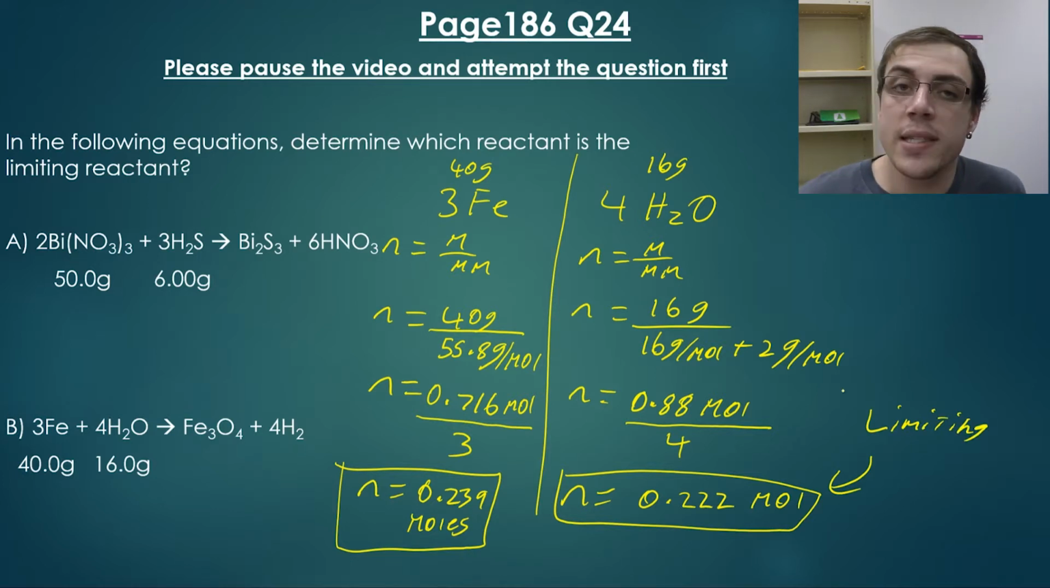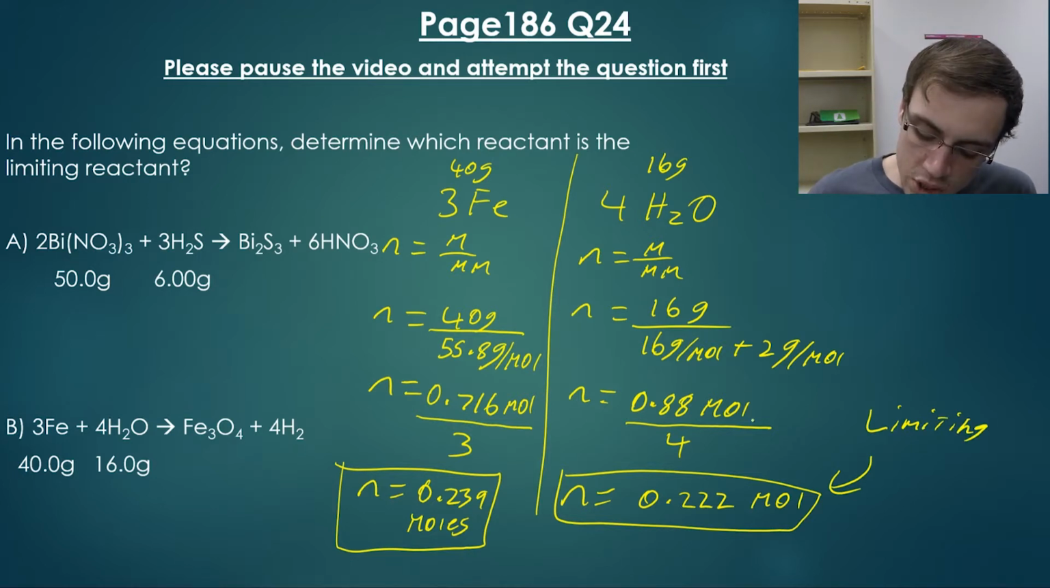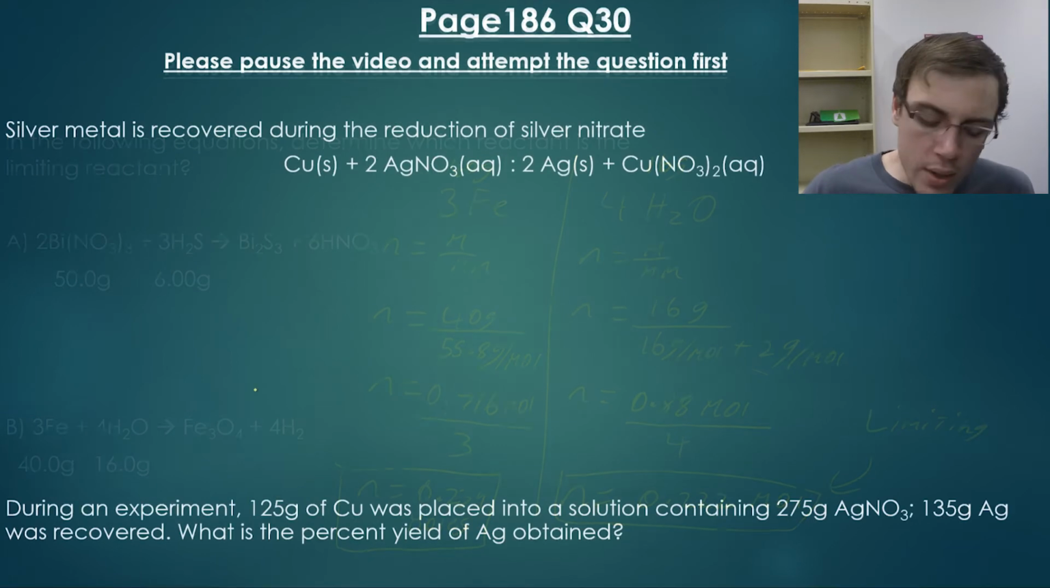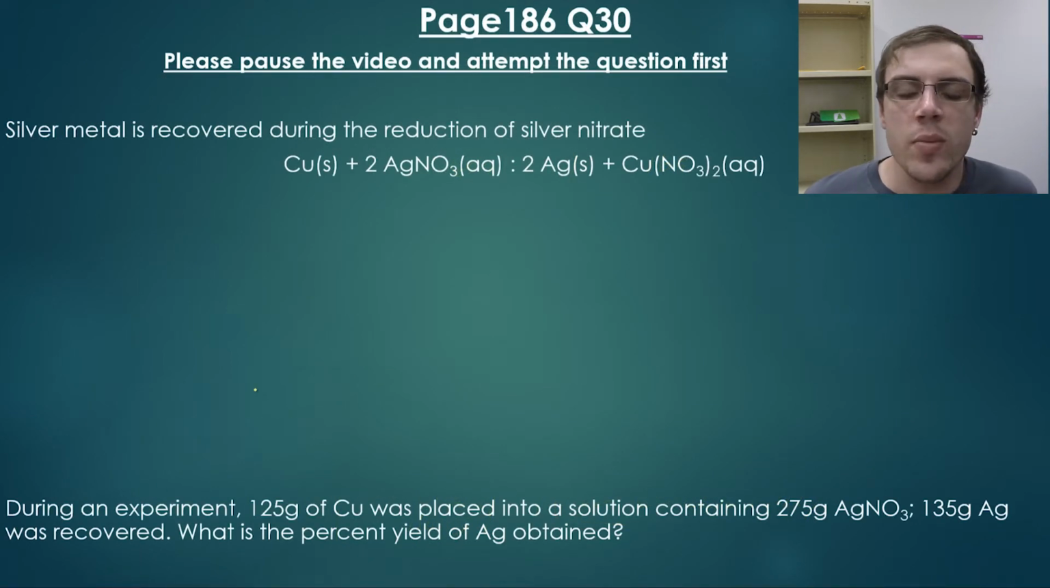Again, very easy to fall into this trap because again, look at the sheer difference here. If you did not divide by the coefficient, then you would choose iron, which would be incorrect. Okay, moving on to our next one, and now's when we start to introduce a little bit of our theoretical